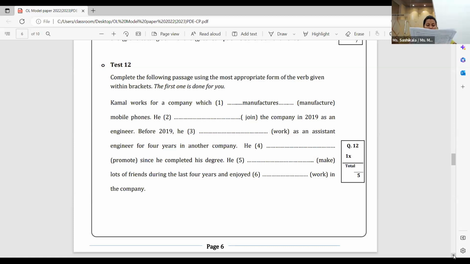He promoted since he completed his degree. He was promoted after completing the degree. So how do we say it? He is one person, so he is singular. We are talking about the past now, so he was promoted since he completed his degree. If it was a plural form, we would have said they were. Here, because it is one person, he, in the past we use the verb was. He was promoted since he completed